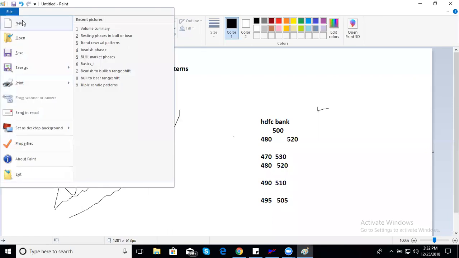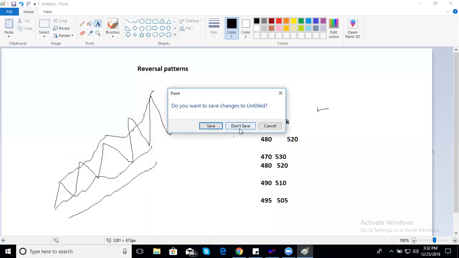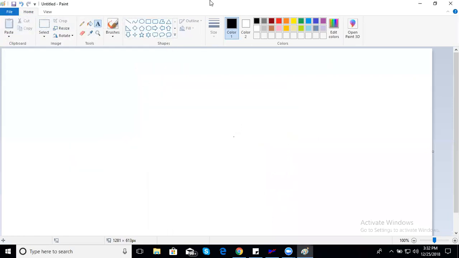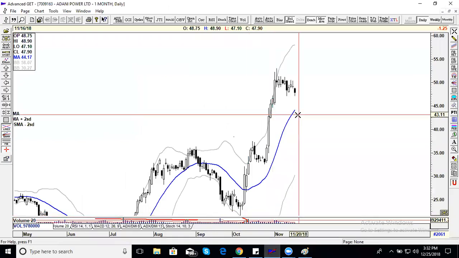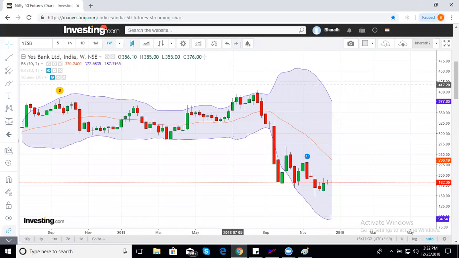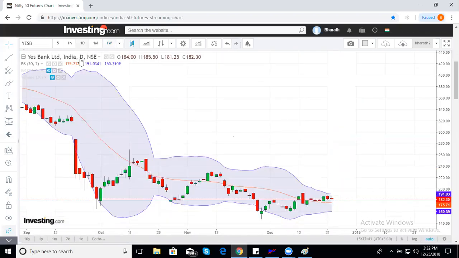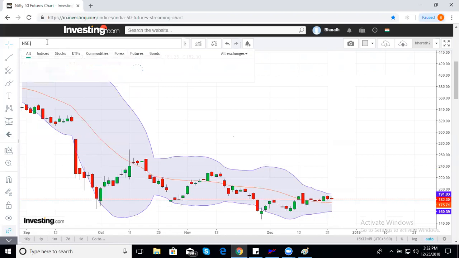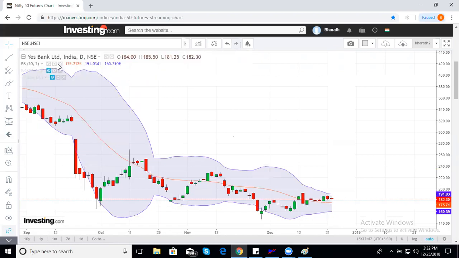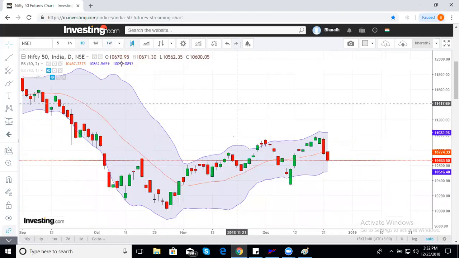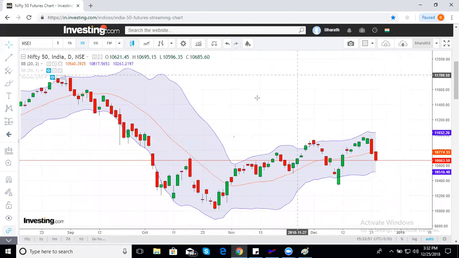On the flip side, you will see on the downside also, which is called as a double bottom or a W bottom. How does it look like is, see, Nifty moved from 10,300 level to 11,000. This recent rally from October and November. You will see how did the market made a bottom.